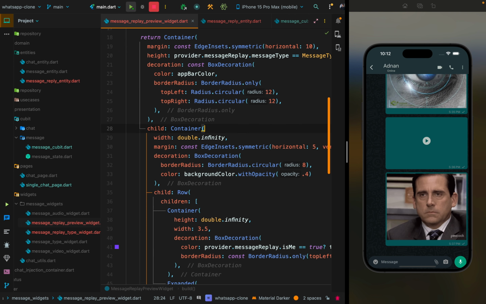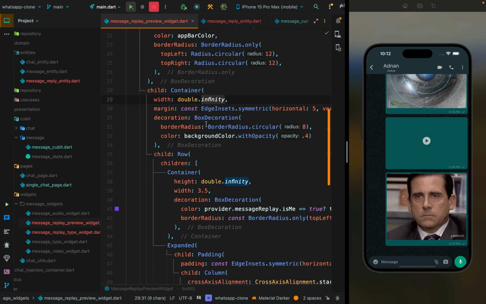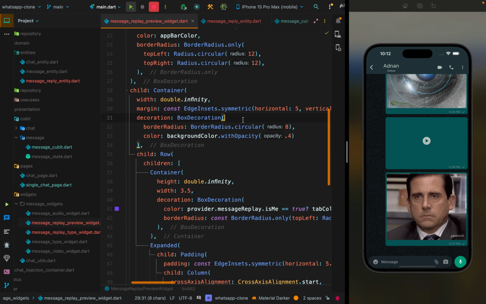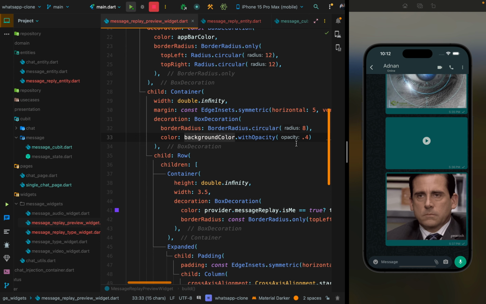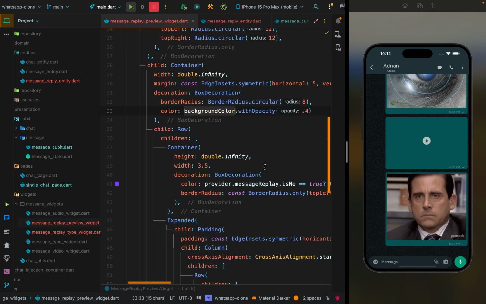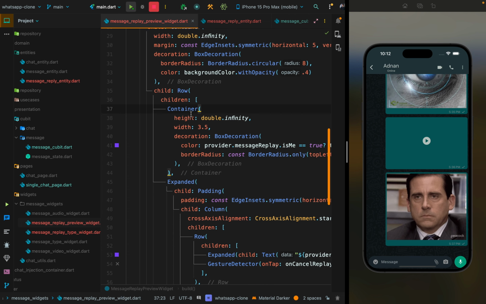And the container width is infinity, and we already defined the width in the single chat page, so that it will look only in here and will not go off the constraint, and is expanded in the row. And here again margin and decoration. Inside that container we have the black opaque color with the 0.4 opacity, and inside we have a row where I have the container, for example here showing a line when we are replying to another user. So its height is infinity, which means that it will be fully expanded vertically, and its width will be 3.5,